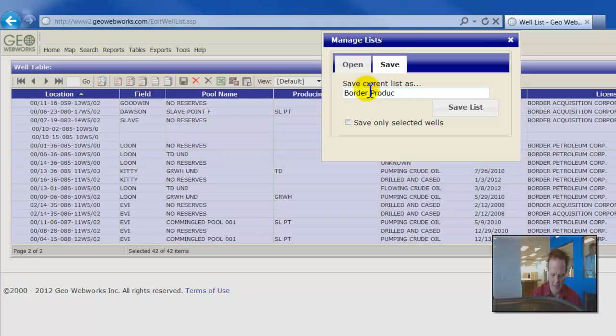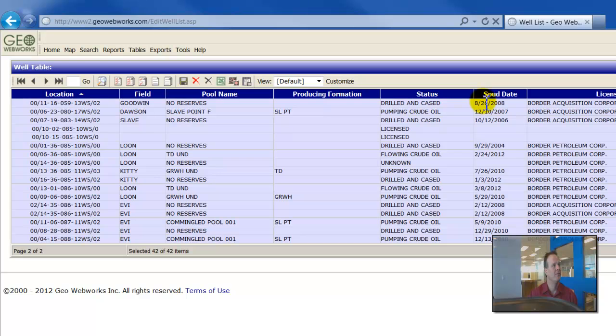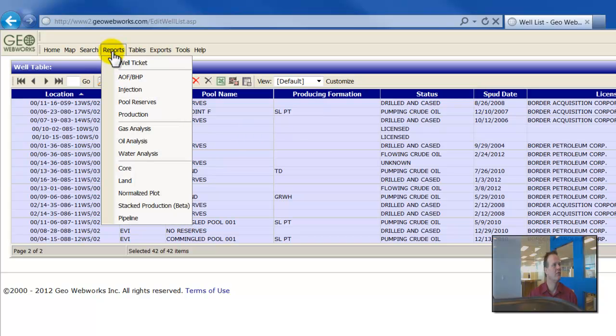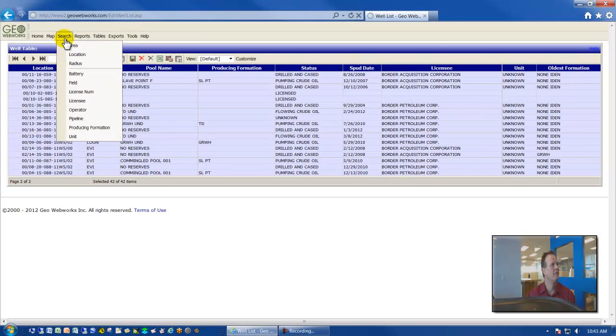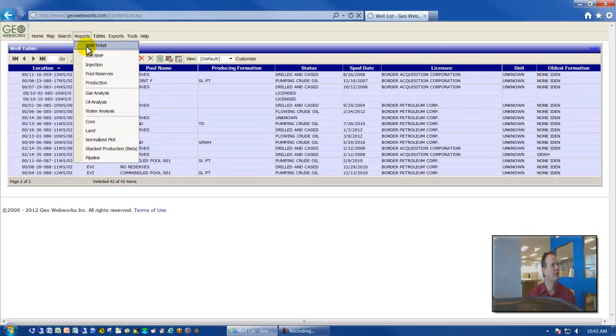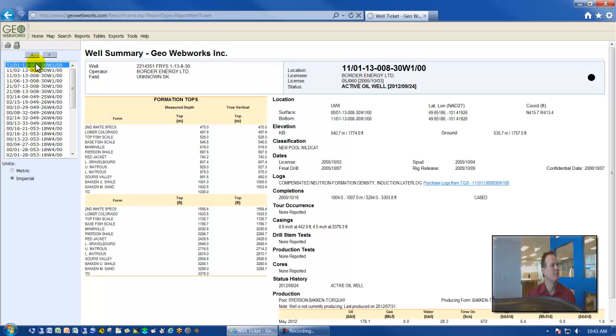And so now you're getting into the meat of the matter. Now we can go look at some various reports related to these wells. Let's look at well tickets first. These are pretty standard well tickets. You've got the well, the operator, the field, the location, the licensee, the license number, current status, surface and bottom hole location, KB and ground elevation,